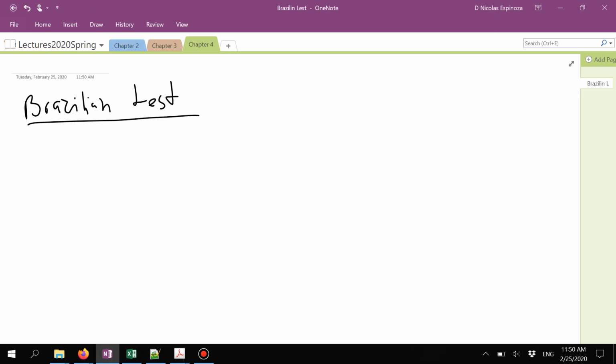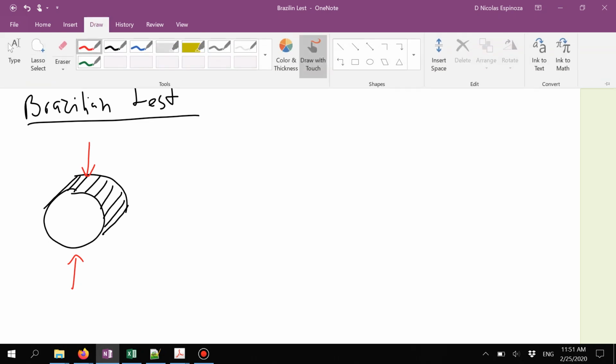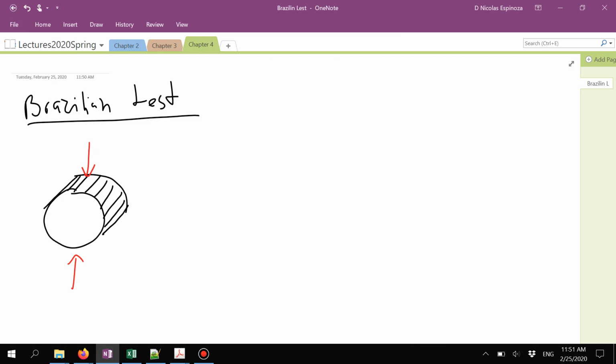And as we were saying, we're going to test a rock which looks like a short cylinder, and the load is going to be applied in the load frame along the diameter. The result of applying this load along the diameter is that those stresses are going to distribute along the rock